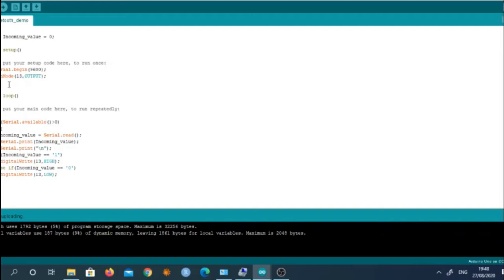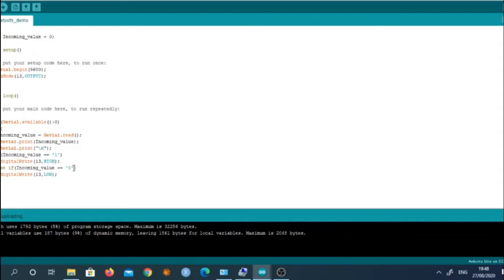That's why I have used this LED which is connected at pin number 13. So when 1 comes as the incoming value from the button, it will write digitalWrite HIGH signal, and therefore my LED will turn on.